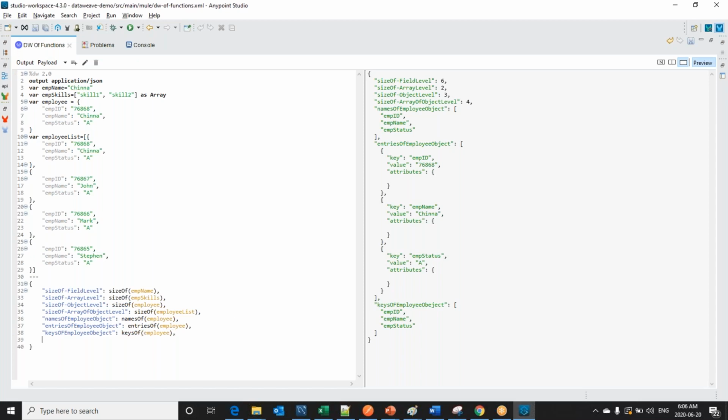In a similar way, to get values of employee object, I can write values of employee. It will give me all the values of employee object. So this way we work with size of, names of, entries of, keys of, values of functions in DataWeave.